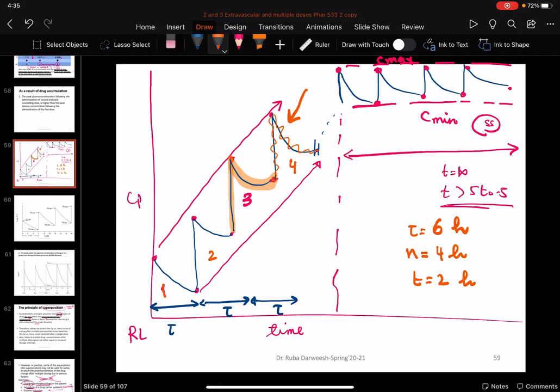Tau, which is the dosing interval, is 6 hours. This is the nth, fourth dose. And the time is 2 hours, which is the definition of 2 hours since the administration